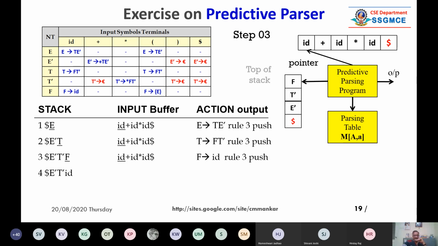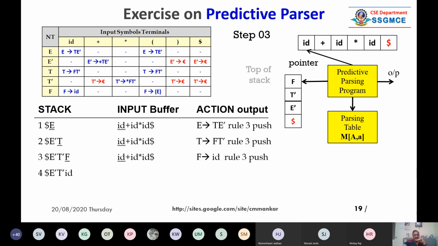So in third step like this. What we have done in third step, we have pushed FT dash rule. So if you see the third line, serial number 3, F will be on the top of the stack. So we have pushed first T dash and then F. As I told you that we have to push in reverse order of the right hand side.